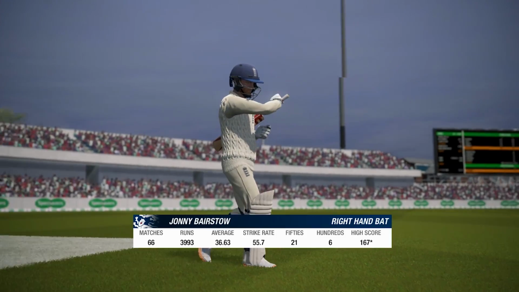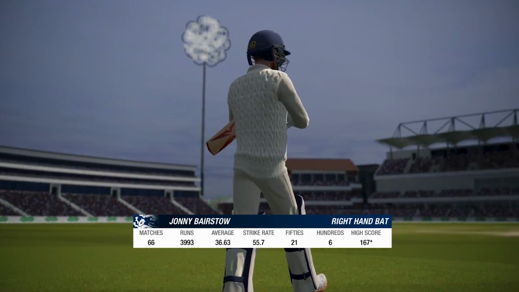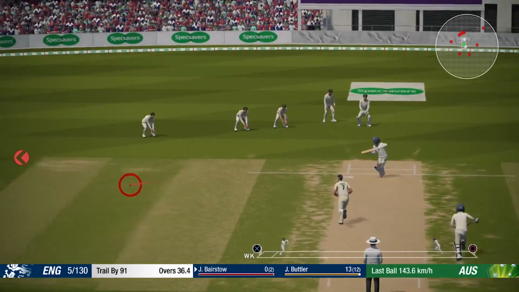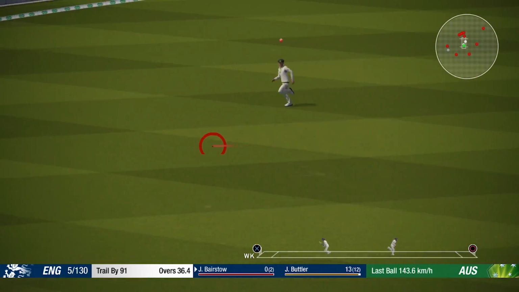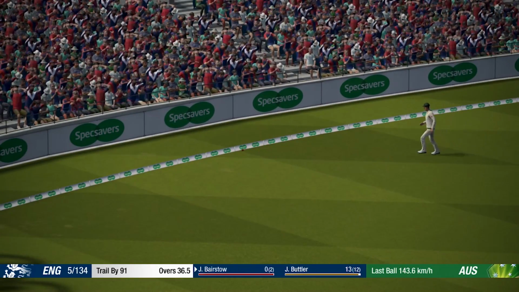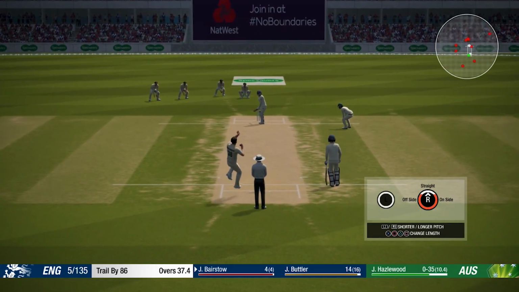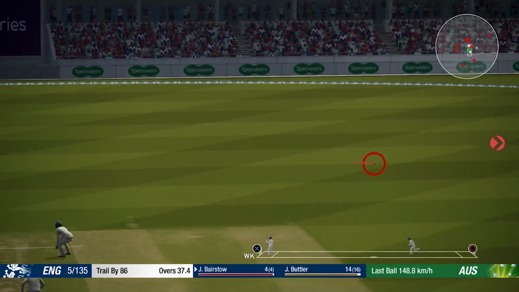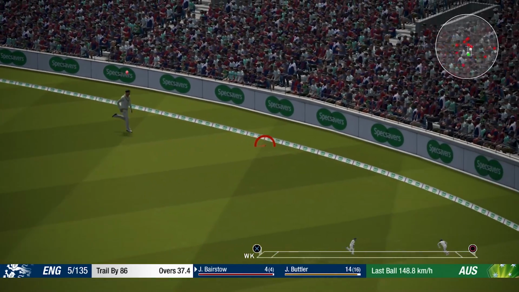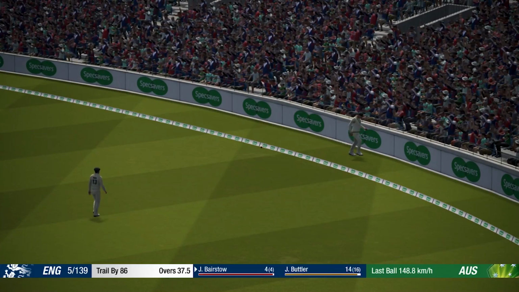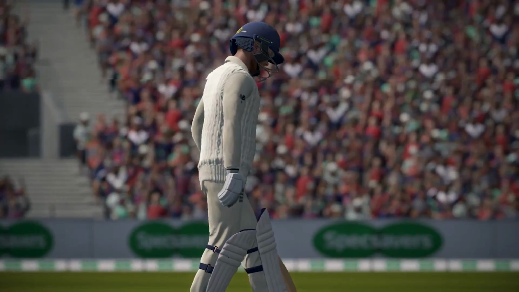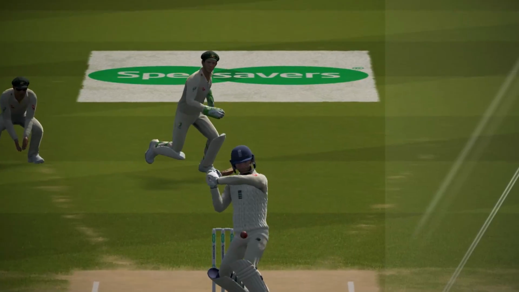Johnny Bairstow to the crease. Now, Jos Buttler and Johnny Bairstow have made reasonable scores in this series, both I think with half centuries to their name. Buttler with 100, and he's the leading run scorer, of course, in the series. So if anyone is going to steer England towards a bit of a lead here heading into that 4th innings, it's going to be Jos Buttler. He just needs someone to stick around with him, and hopefully for his sake, Johnny Bairstow's that man.